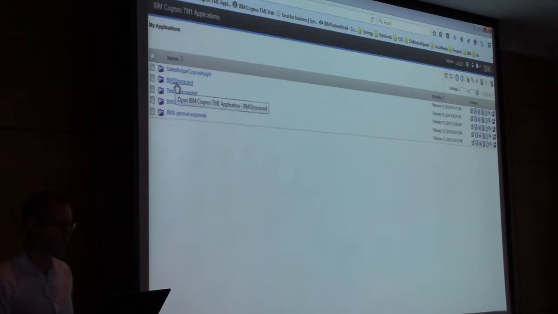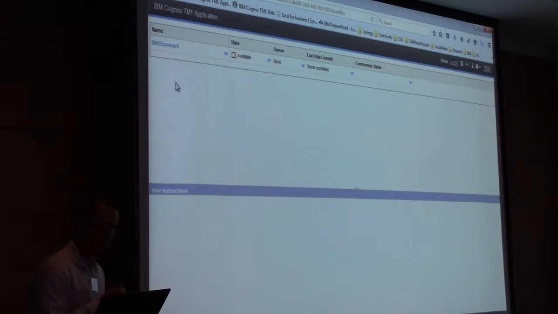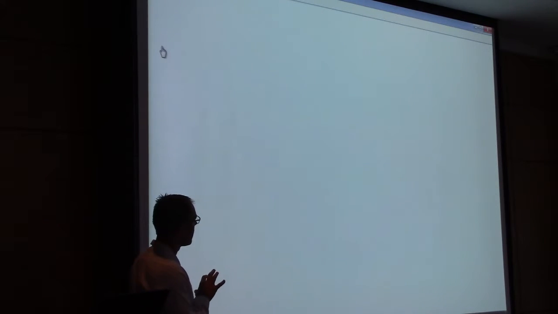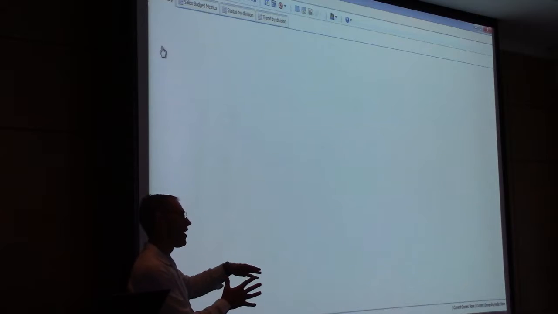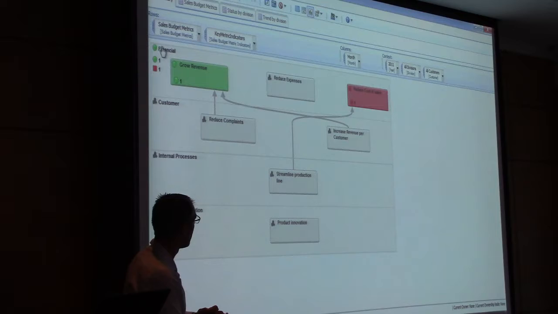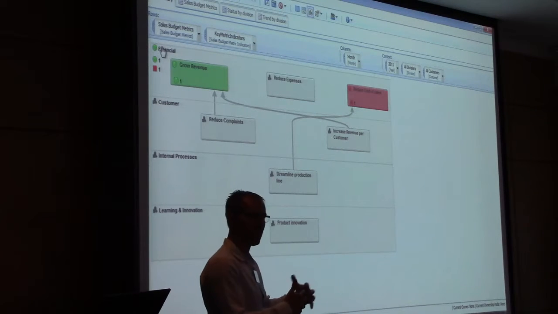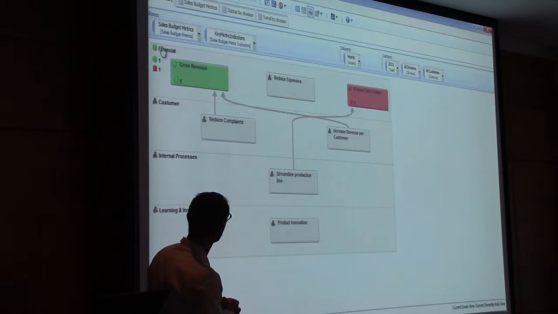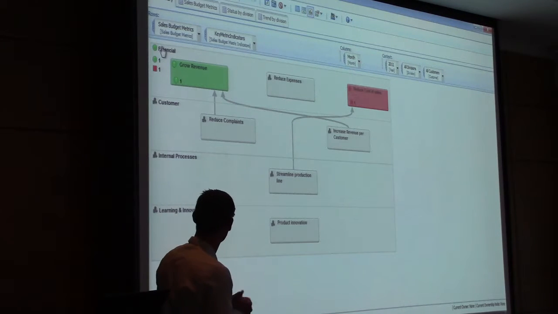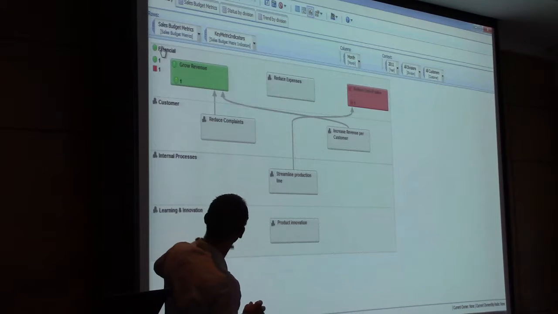But the idea is you can set up scorecards, you can set up different metrics, which I'll explain in a moment, and you can set up sales metrics, you can set up maybe financial metrics, and then you can integrate. So this is one of the end goals that you get to. You get to a view that basically takes your whole business. Now a lot of you aren't holding this data in TM1 just yet, but the idea is you can build up a balanced scorecard.